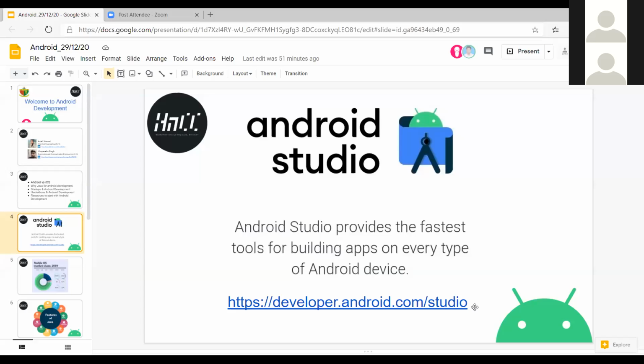See, an emulator is the same as your mobile device. Android Studio comes with built-in emulators which you can set up in the environment itself, and you can run your applications on it. And it provides intelligent code editing. So you can set up Android Studio by referring to this link. So moving next,